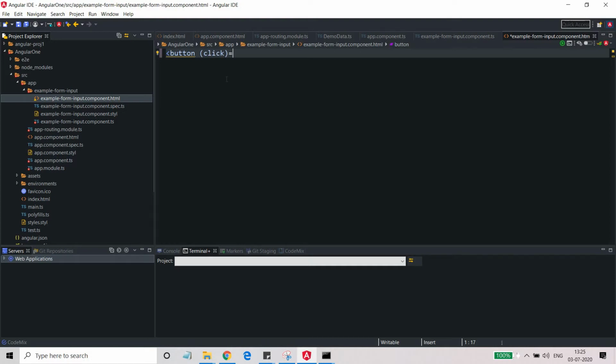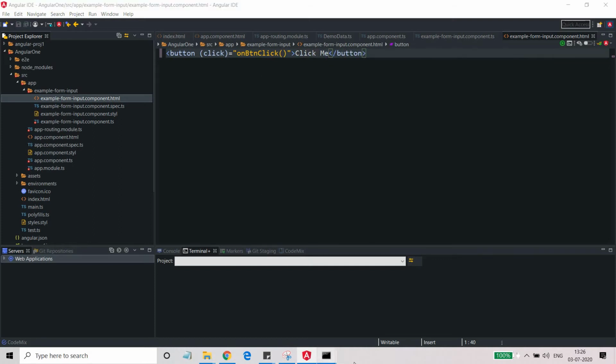Because in this video, covering all the events and their handling will not be possible. That would take a hell of a lot of time. So I'm just going to tell you the basic idea of how you can write the code, and after that you can write it yourself. So here I'm going to write onBtnClick. This is the name of the event. And here I'm going to write click me.